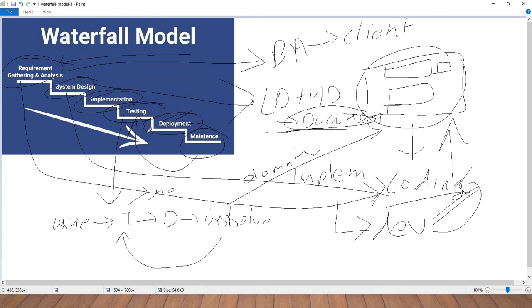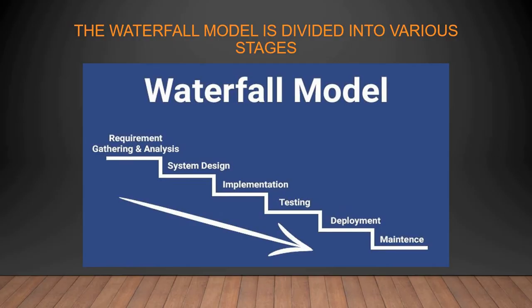So this process will be followed one by one. Once one process is done, then we'll come to the next process. So this is all about the waterfall model stages. And we have more examples for waterfall models, because this is only useful for static projects and small projects. So we'll use this waterfall model for supply chain management systems, also customer relationship management and retail chains, etc.